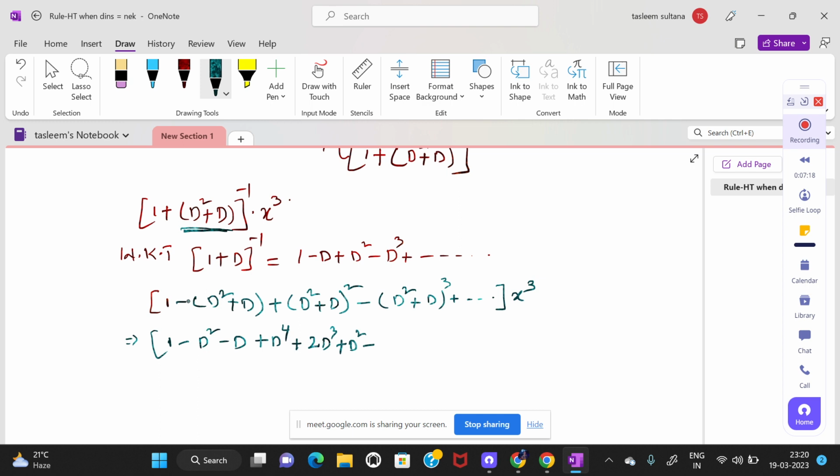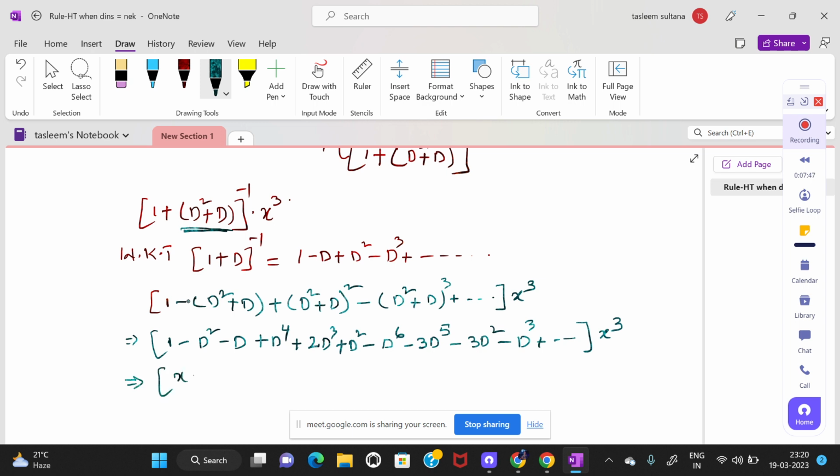d square whole cube. It's going to be d power 6, then minus 3d square into d. So what you're going to get here, 3d power 5, then minus 3d square minus d cube, then plus so on, x to the power of 3. Now multiply this x to the power of 3 to each and every term of this bracket, which is equals to